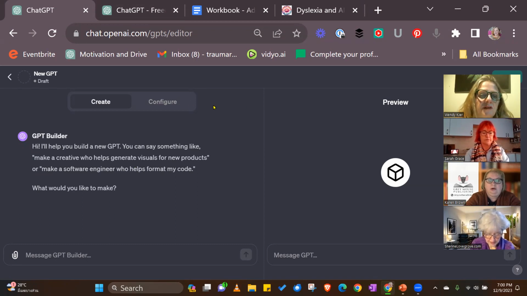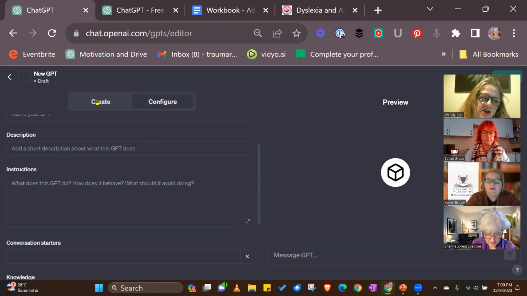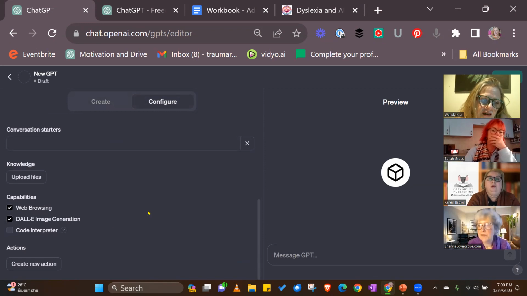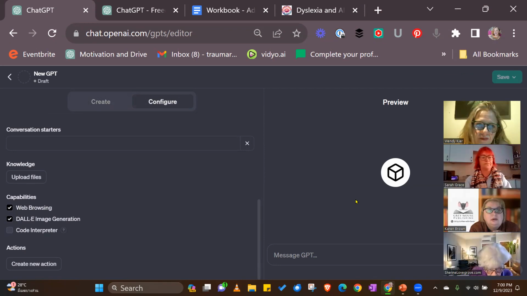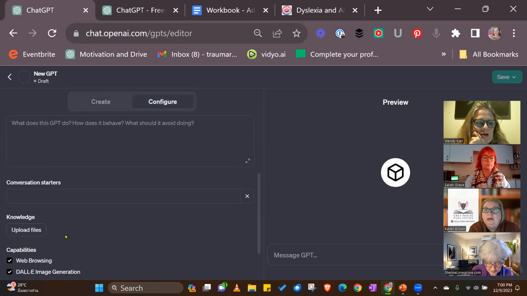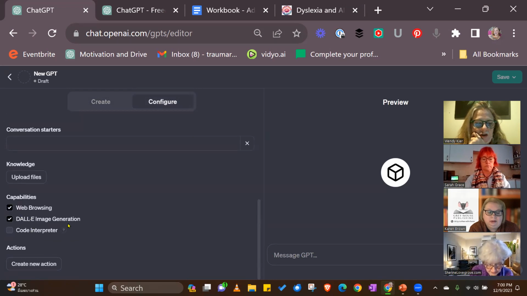And you have to remember that if you want images, go to Configure and always make sure the button's clicked, because it will unclick it for some reason. And the web browsing as well, it will sometimes unclick them. I'm not sure why it does it. Then you start asking it and it says it can't create the images, and you're like, but you've just created the images. So you have to constantly check the little web browser and the image generation button.